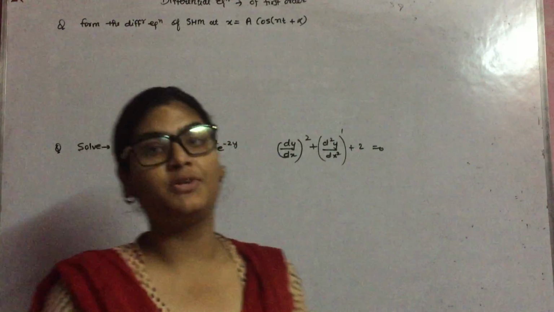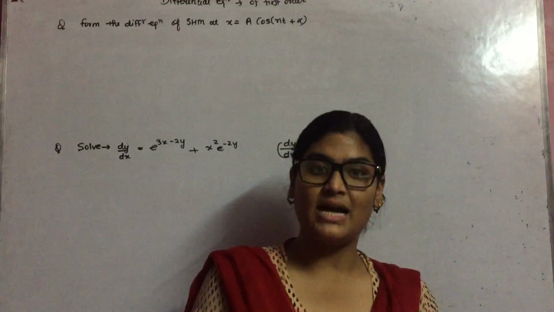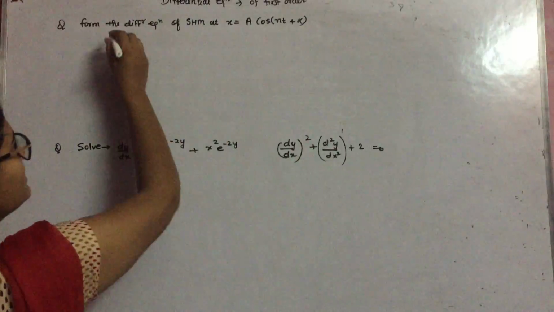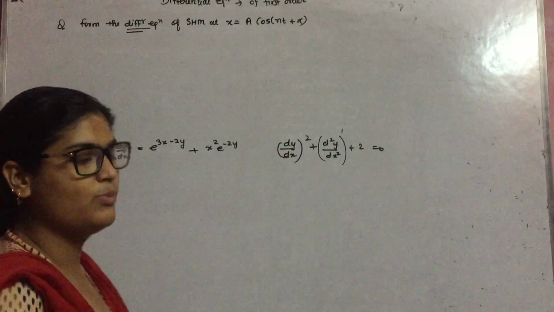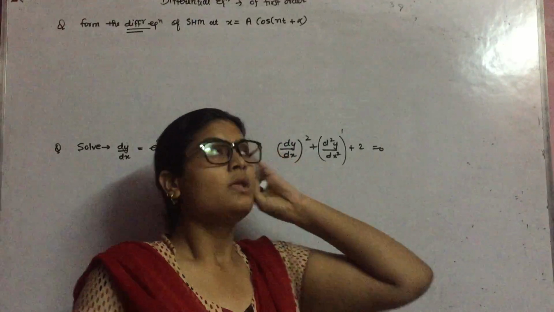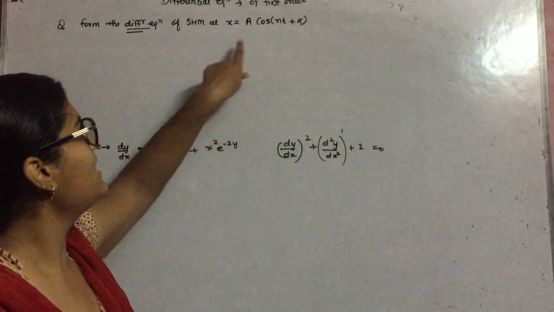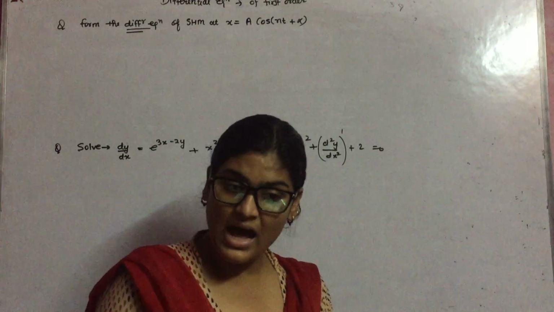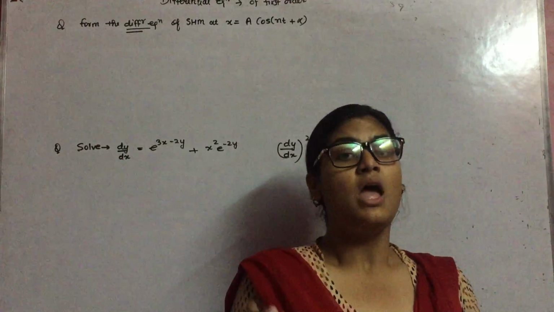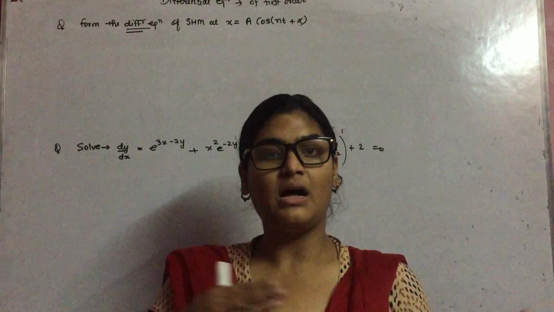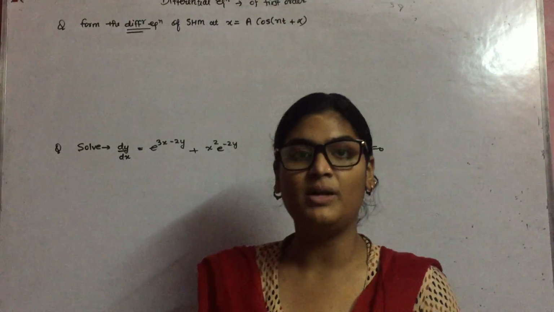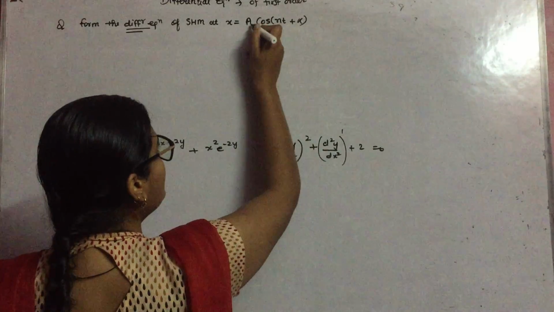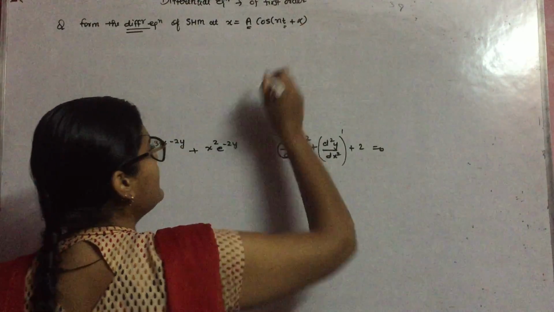Now firstly let us start our discussion over forming a differential equation, and then we will try to solve a differential equation by different methods. So firstly, how can we form a differential equation? This is the simple harmonic motion equation. You have heard about it, but here you see how many arbitrary constants there are. You have to differentiate up to as many times as there are arbitrary constants.